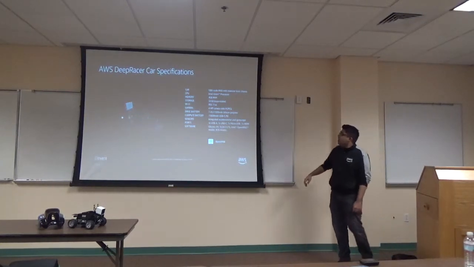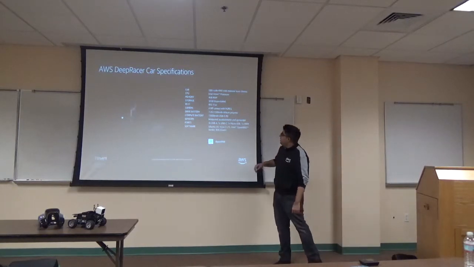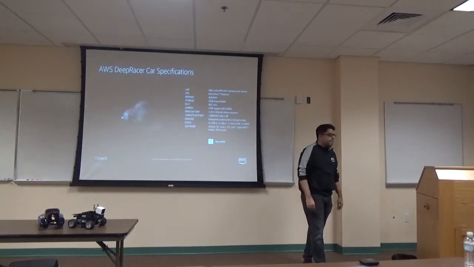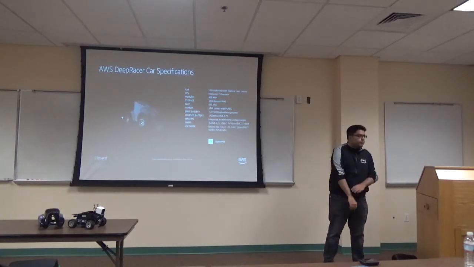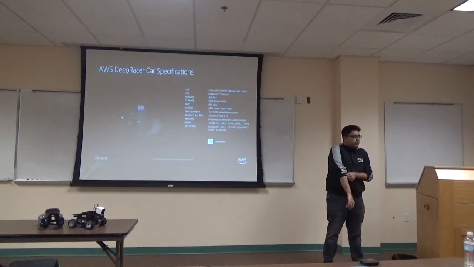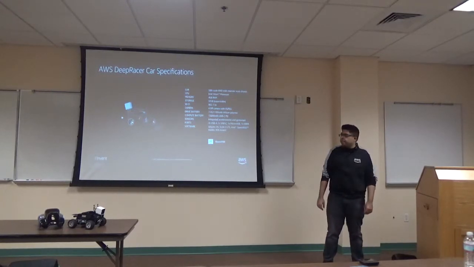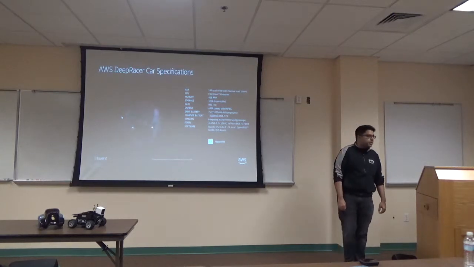You said this has a gyro and something else. It's an accelerometer, right? Yeah. My question is, if we buy this, can we just use it for our own stuff? Do we have to go through SageMaker and train it, or can I do it directly from my PC? You can run your own models on it if you want to. You just have to know the exact format of the model that it takes, but you can actually do that. Nothing's locked down in that sense.